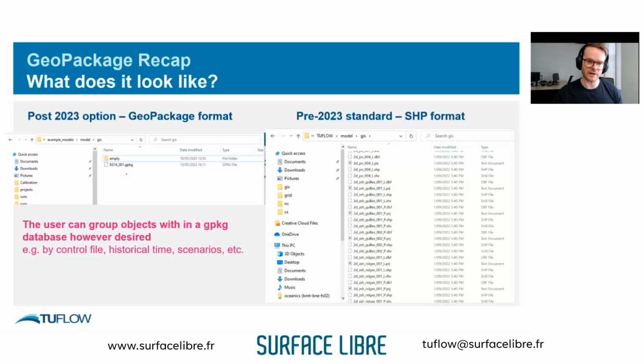Whereas over here, we just have one file that contains the layers. And you don't have to have one file. You could have multiple databases, and you can group your layers together in those databases however you like. But even if you were to just have a single layer in a single database, it will still be a lot cleaner, simply because at the very least, you don't have all these associated files with it. It's just a single file. So a lot cleaner already. By just switching from shape to GeoPackage, you get a lot of cleanliness straight away.